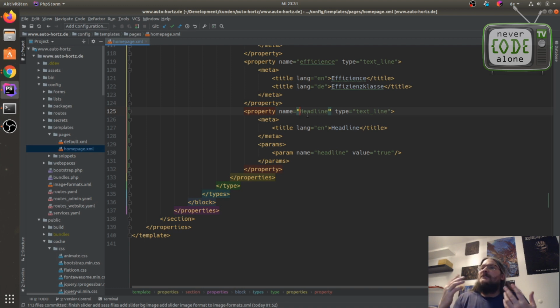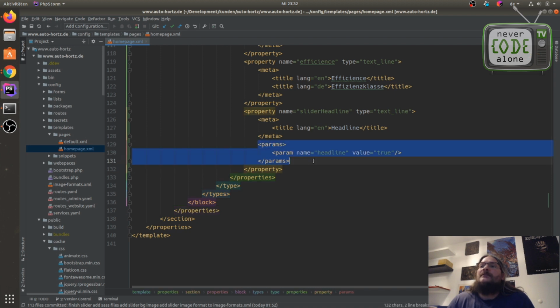So I can say this is the slider headline, and I press enter, and the display for the user is only headline, because I know this is a headline. It has the special param headline, and then this will be bold in the backend, and there will be a special focus on it in the layout.